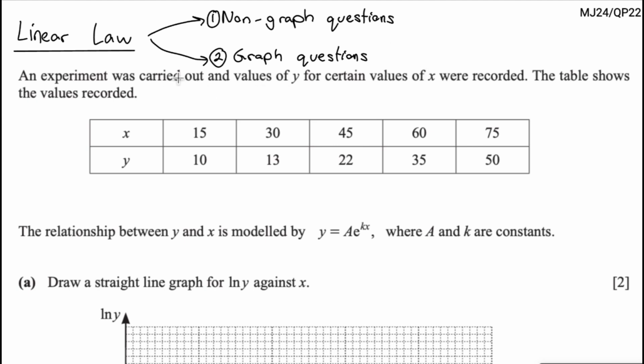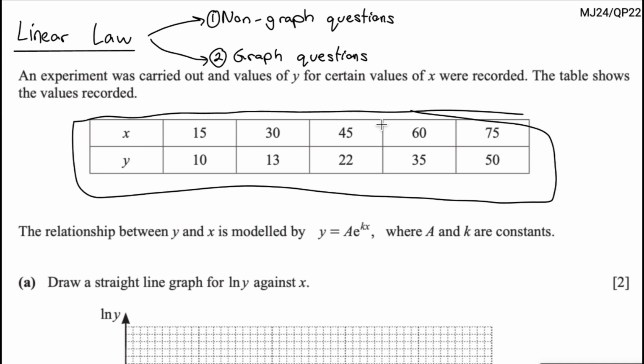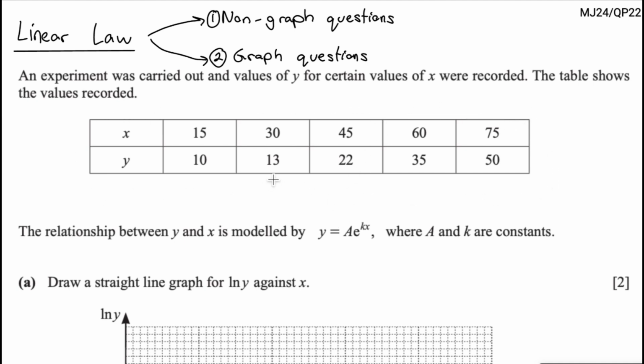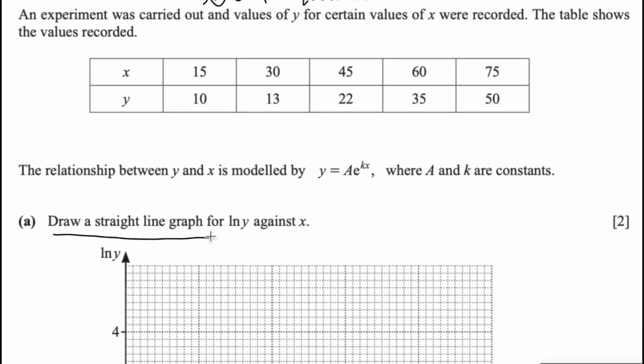An experiment was carried out and values of y for certain values of x were recorded. The table shows the values recorded. However they phrase this, they're always going to give you a table with x and y. And maybe they will say a line after that looks like this. So the relationship between y and x is going to be modeled by this equation where a and k are constants. For question A, which says draw a straight line graph for ln y against x, we're not really going